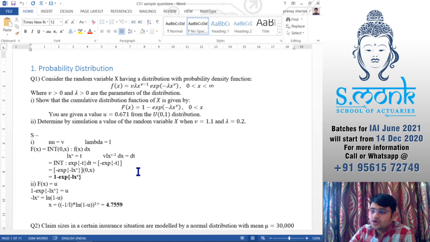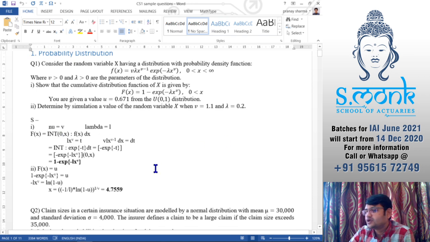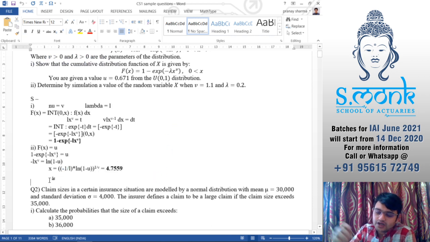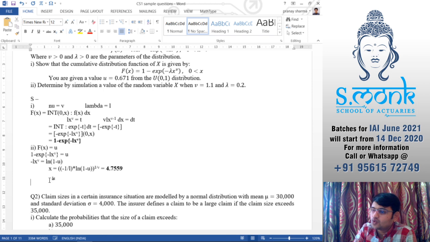So if you feel like you're not fast enough in equation editor, do not use equation editor only. Of course you can use equation editor whenever required. Like writing integration and stuff, you can definitely use equation editor sometimes. So it's totally going to be on you how you are going to manage your time.